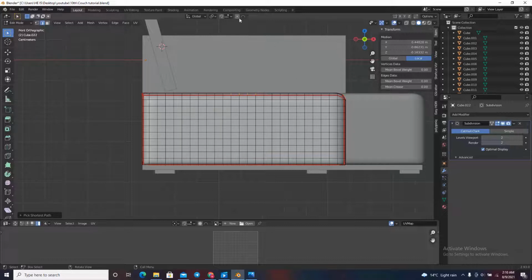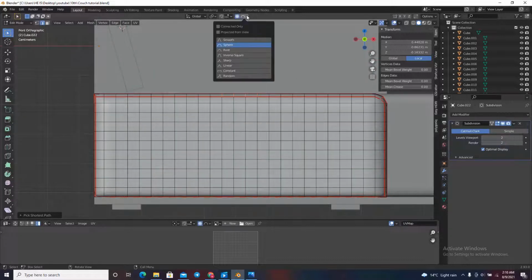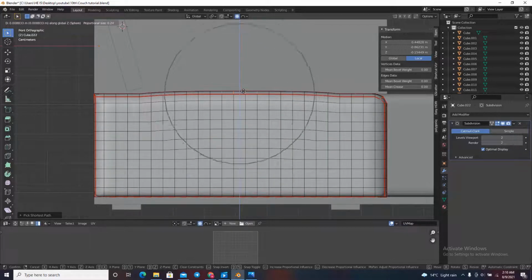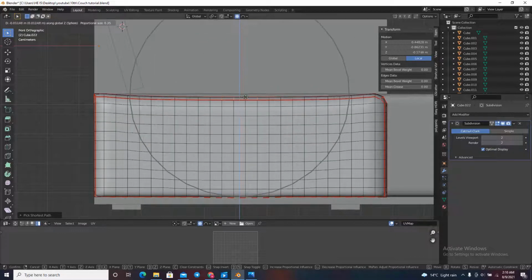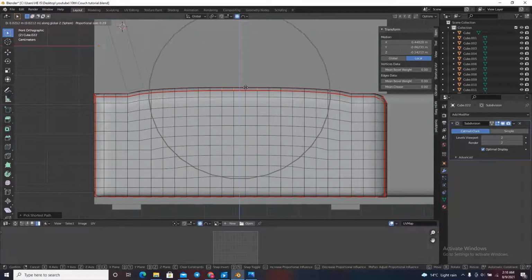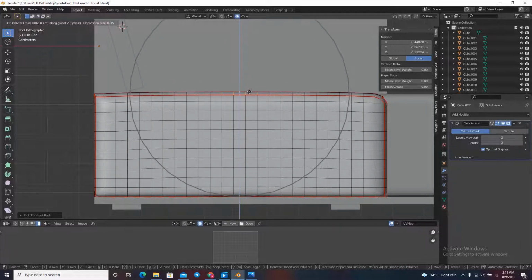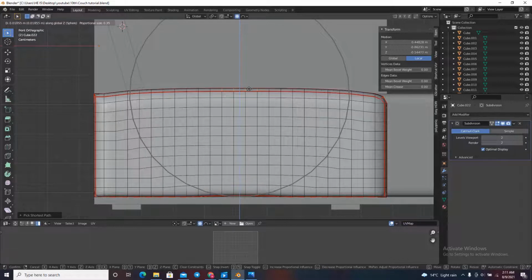So what I need to do is activate proportional editing, and I'm just going to change the effect to smooth. So if I press GZ, as you can see, it's affecting more than the selected edge. So if I scroll my middle mouse upward and downward, as you can see, the influence area is increasing or decreasing. So I'm just going to make the influence area somewhere around here. I think right here will be good. I don't want the influence to be that much,